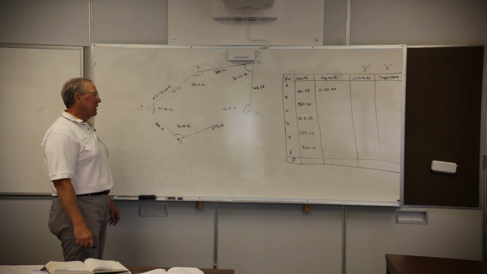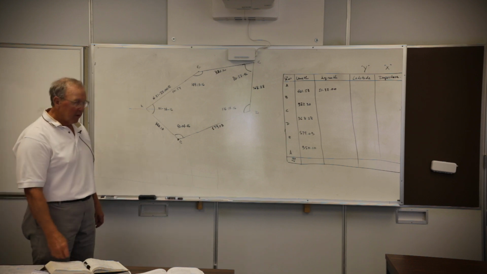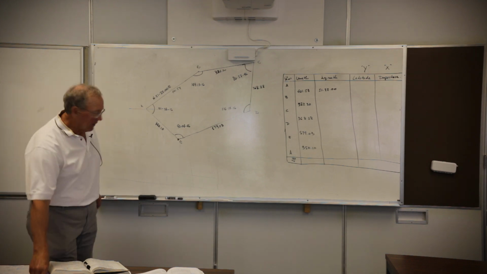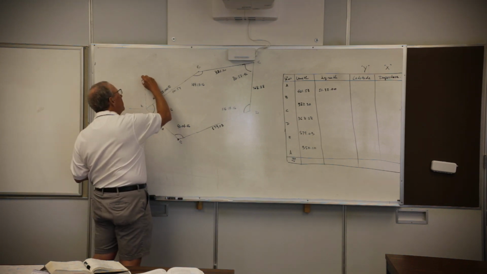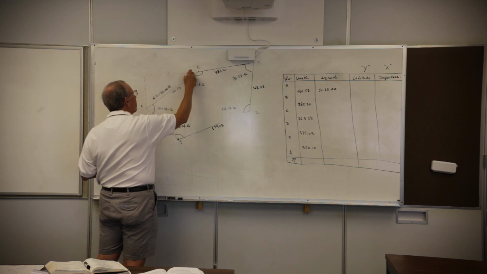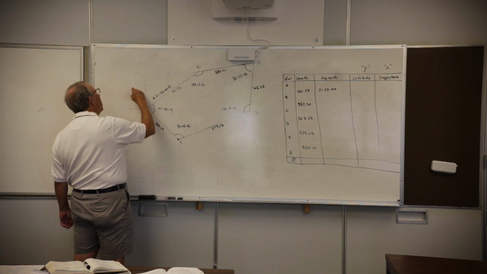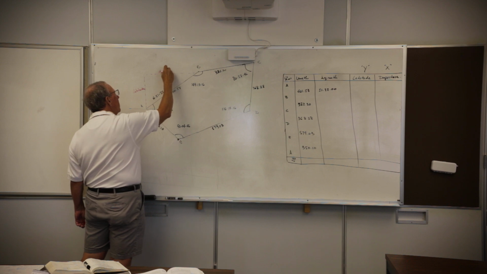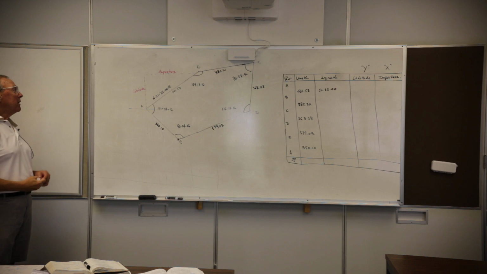Okay, so how do I do this? Of course, we're going to do the same thing we've done for years and years. We're going to take sine and cosine to find the XY components. So right here, I would take this. There's my XY components. This is the latitude. And this is the departure of vector AB. So it looks like if I take, and I know this angle,